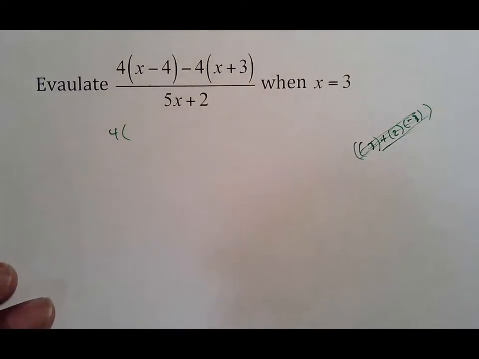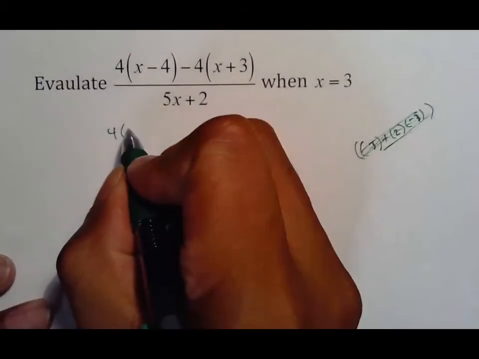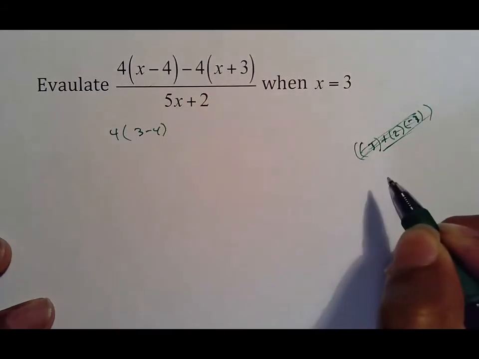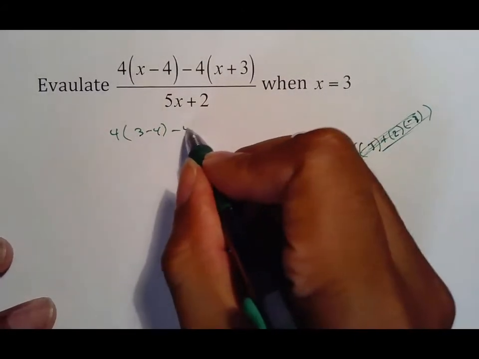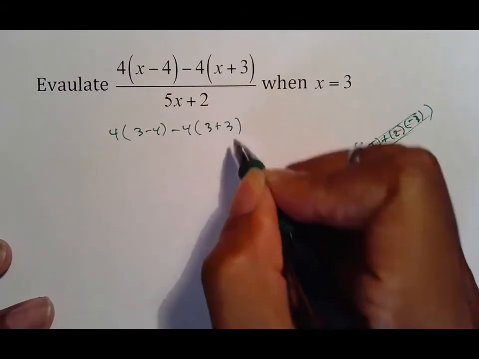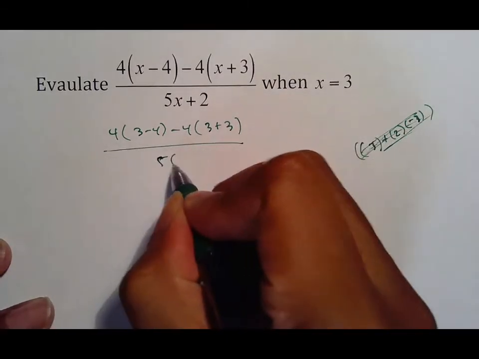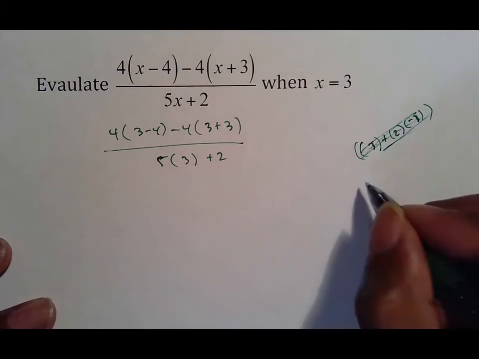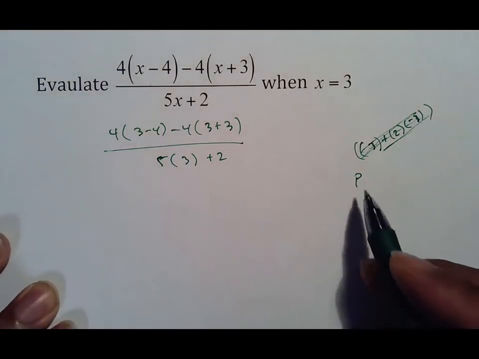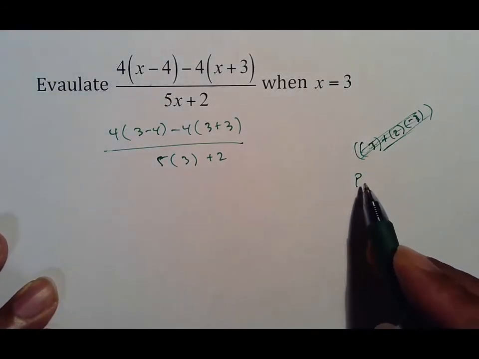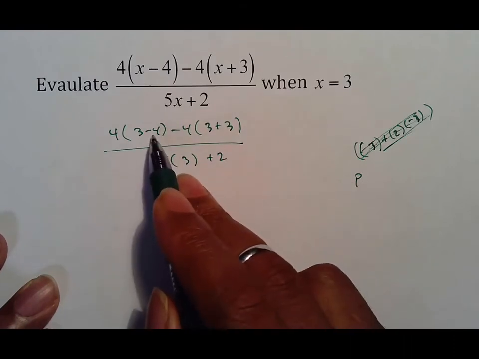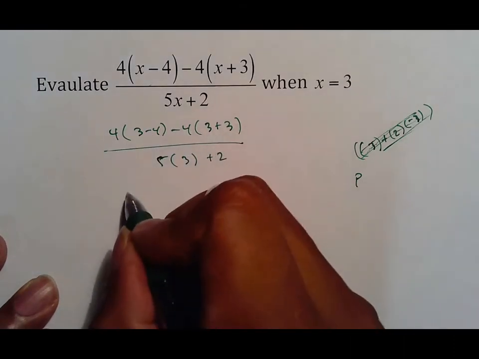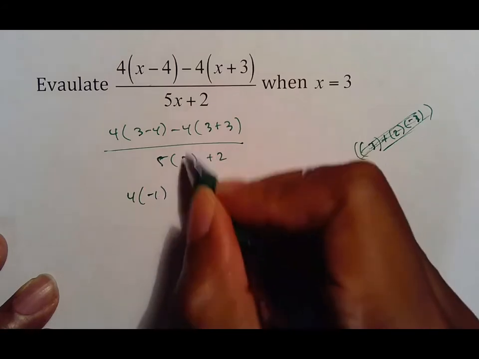But in this case, I would just put 3 minus 4 because it's already inside of parentheses, and then 3 plus 3, and then 5 parentheses 3 plus 2. And once again, in this problem, you could work it out in the order that you know. Are there parentheses to be worked out? Yes, there are. It's this one and that one. And so you will turn this into 4, negative 1, minus 4, 6,